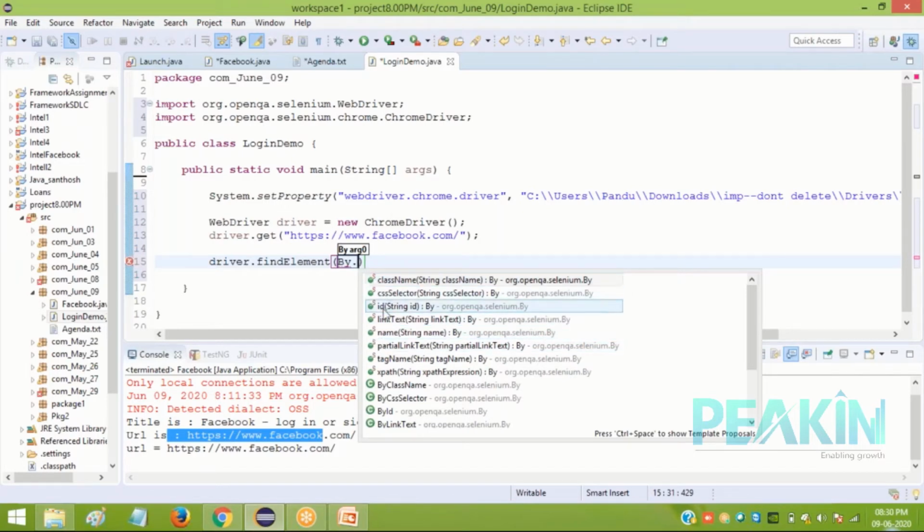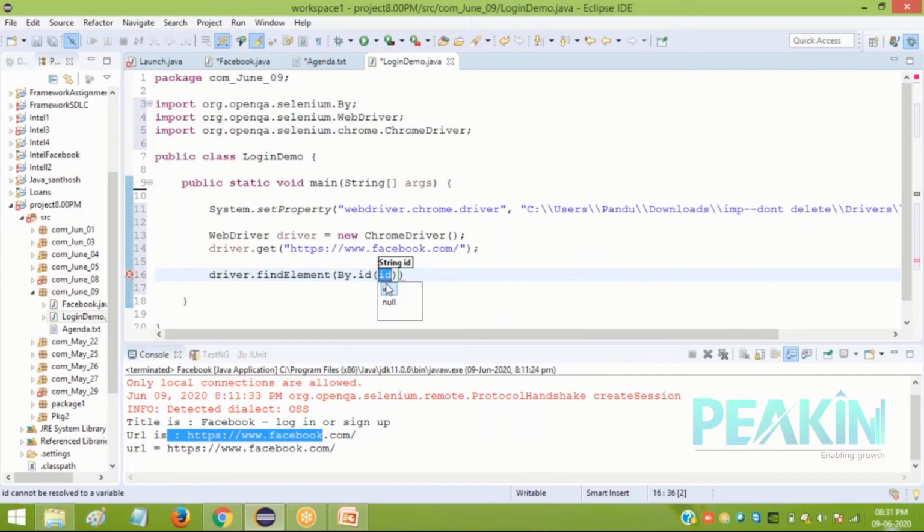These are actually the locators we saw there: class name, CSS, ID, link text, name, partial link text, tag name, XPath. There are different ways to find the element. As right now the HTML code you have found is ID, I must use this method, ID. To this ID you're passing a string input, and the output is a By class reference.